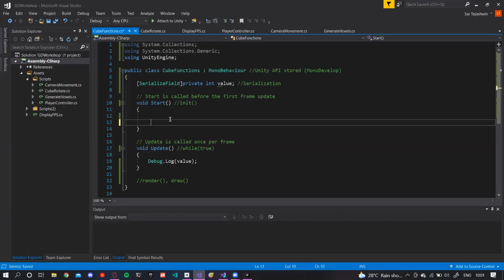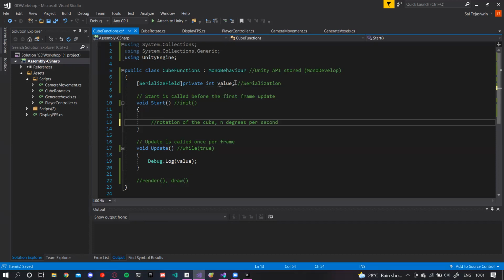So for this, I'm going to try doing some rotation of the cube. I want to rotate this by n degrees per second.